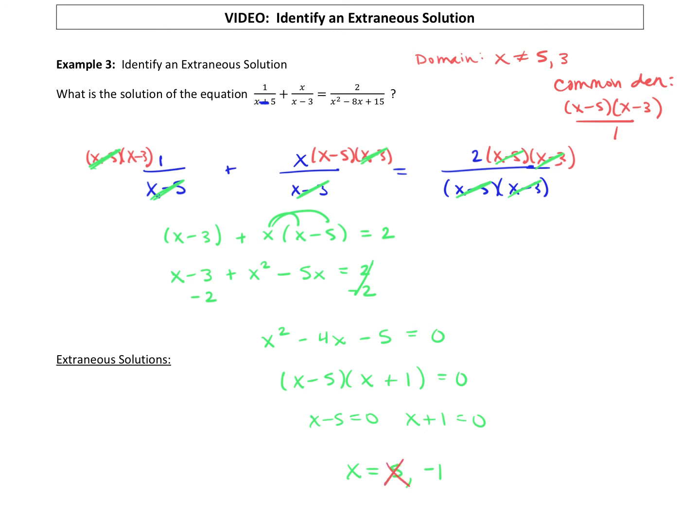So we said x can't be a 5. Are we okay with -1? -1 works out in all of our denominators. We would have caught it in our domain. The only two values x cannot be are a 5 and a 3. So our solution is just x equals -1. So that's the idea of an extraneous solution. In this example, x equals 5 is an extraneous solution